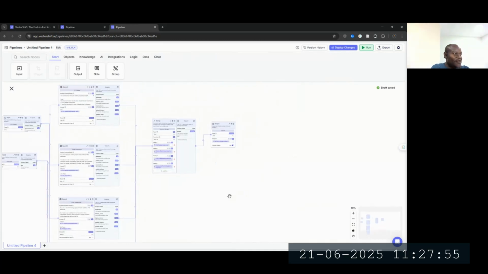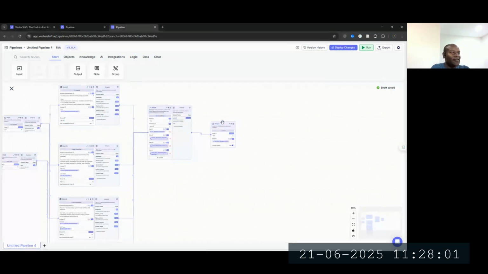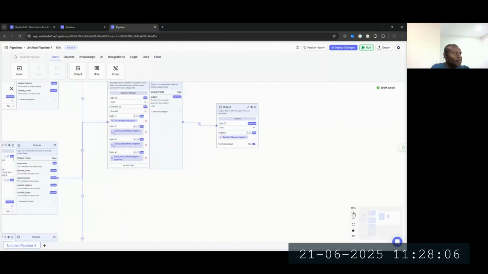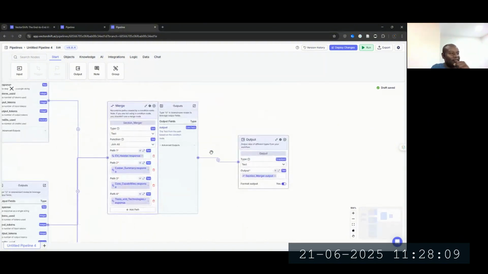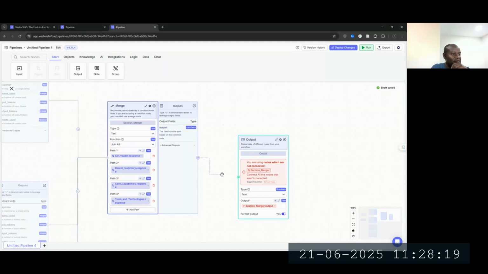As we wait for this, what I can be doing is showing you the rest of the outputs, the process through which the pipeline runs. When you're done compiling all this, you can decide to convert this whole CV of yours to a text, and so we'll end up removing the output node. Let me just zoom in. If I want to send this to my email at the end of the day, I'll just remove this output node for a bit. Actually, I don't need to. I could keep it here. But I create another